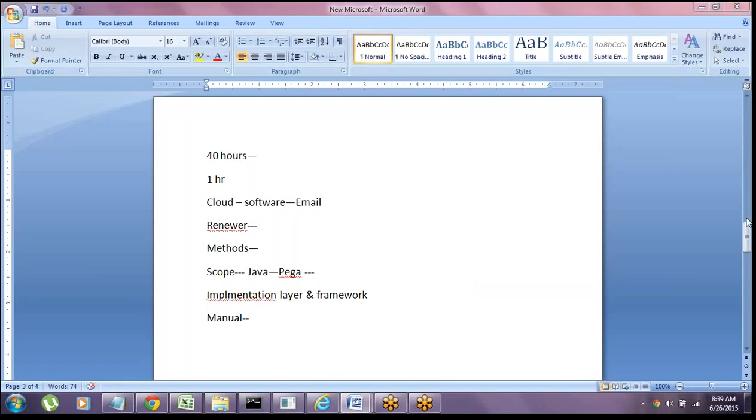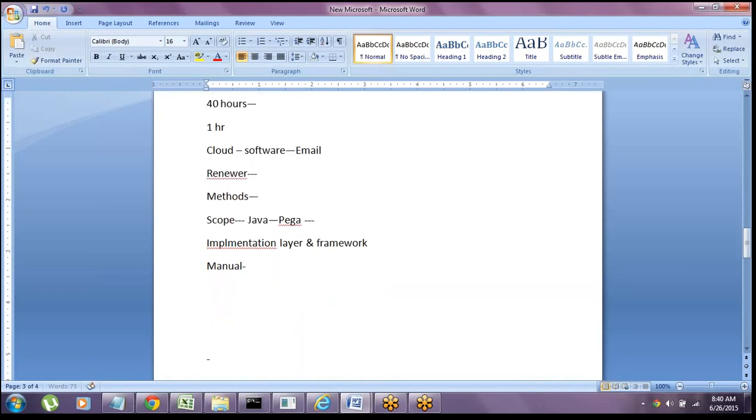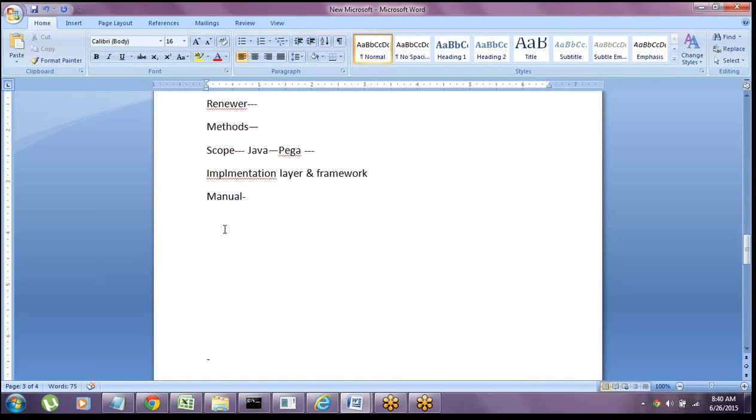Any questions apart from technical questions, you can ask me. Just one question from my side: how about the testing? Is it completely automated? Pega contains many internal tools, guys. Some 5 to 6 testing tools are there internally. You can use those tools for testing purposes. Some new things are also added in 7.1, including automation. I'll tell you in the Tuesday session. Everything can be done in Pega only, including testing. You need not install any other tools.